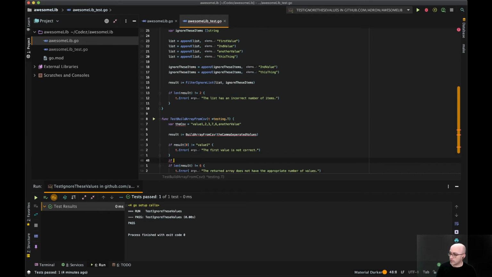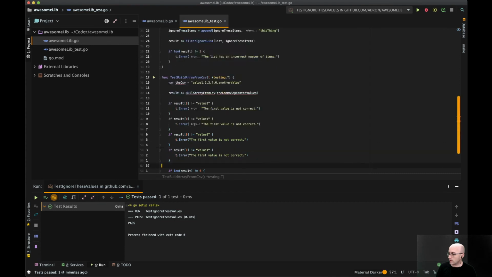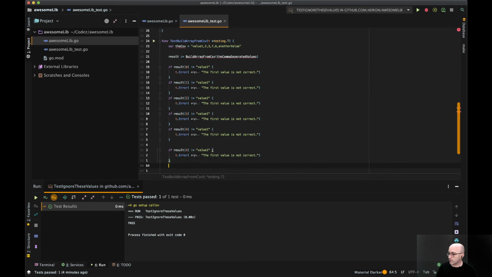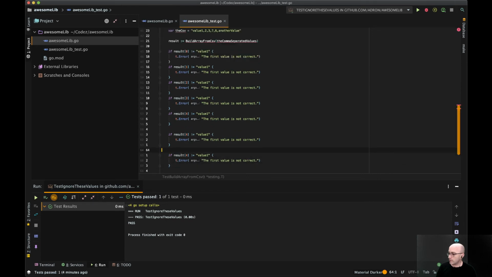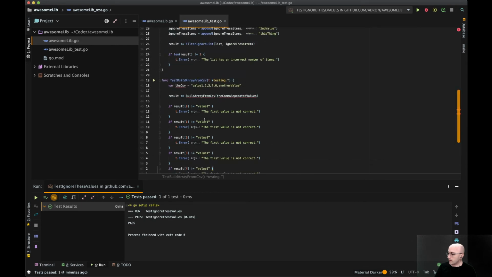And then let's get some other ones in here. So we'll expect one, 2, 3, 4. We'll write a test for every one of the values, right? If result 4, 5, yes, 4, 5. That'll actually be 6 because we start with 0. And what will that be? That'll be 2.